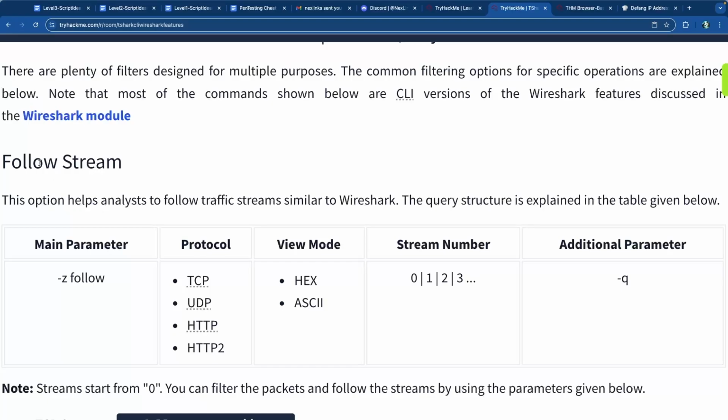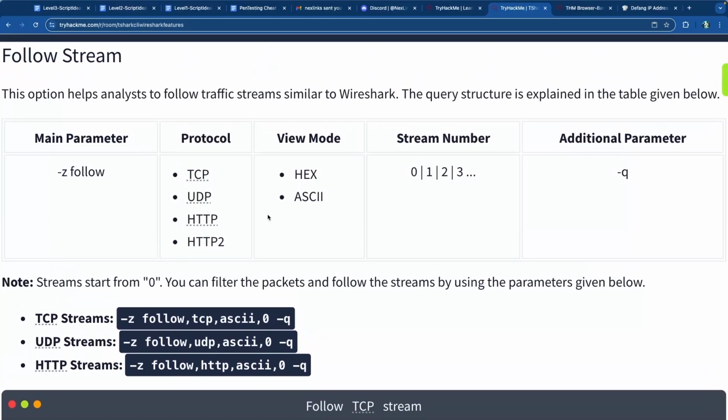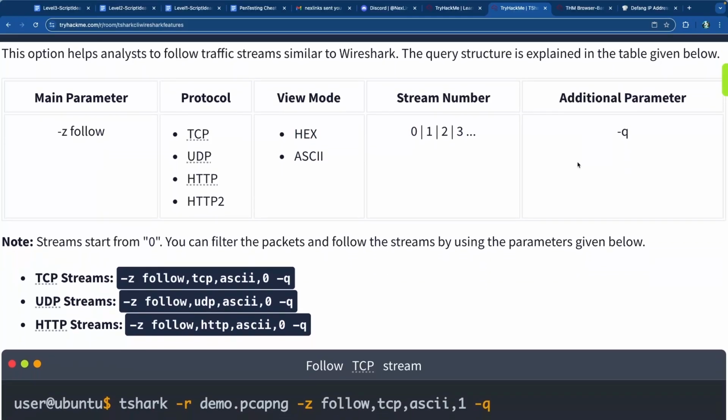lot of good information. Now, a stream is a traffic stream, right? So essentially stream is the best word that I can give you. It's a stream of traffic. So it gives you data about a lot of packets. Instead of looking at individual packets or a few series of packets that would be a conversation, it is a stream of packets. So it could be TCP packets in its entirety. It could be UDP packets, it could be HTTP or HTTP2 packets, and you can view them in hexadecimal or ASCII mode. And then there's the stream number that comes out, and then you have the quiet parameter to keep